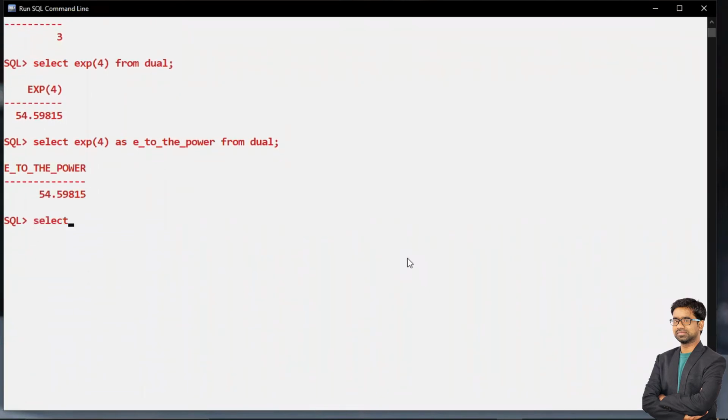So write select greatest, and we have to pass n number of values, like I'm passing 2, 12, 4 like this. These are the values I just passed, and we have to use the dummy table, dual. So it will return 77. 77 is the max value, that is the greatest value. So we can find the greatest value from among the mentioned numbers.